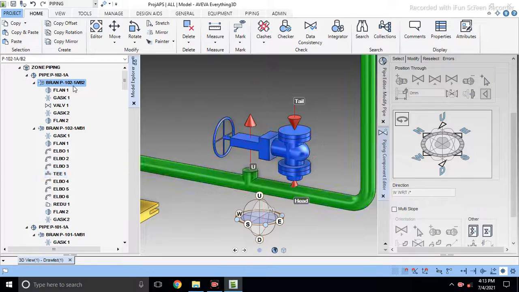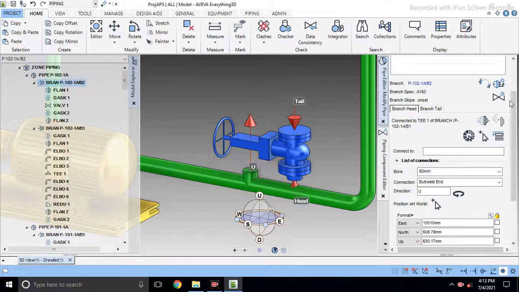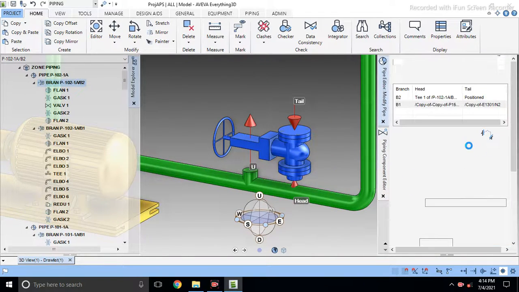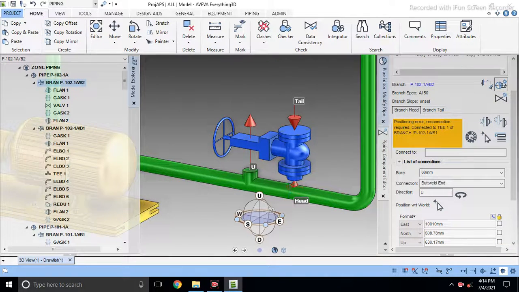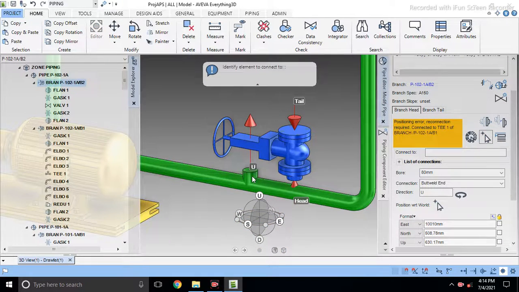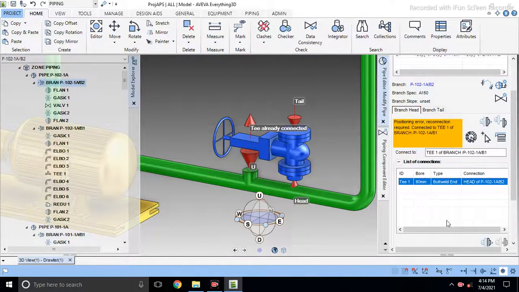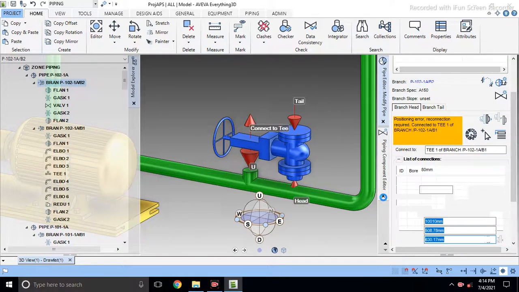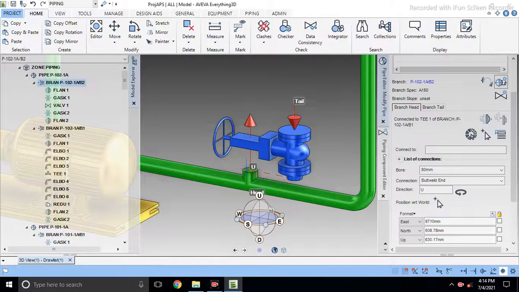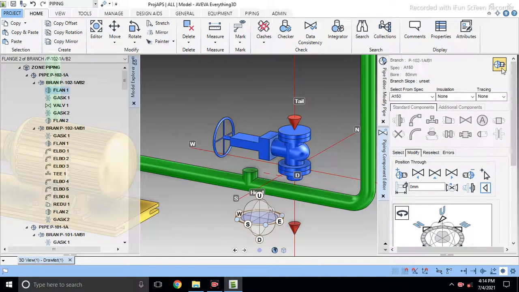So what I will do, I just select this branch, go to the editor, now I select B2, so now the head should be connected to this one. So I will just select this point, select T, the head will come there, select okay. This point came here. So now I'll just select flange, go to modify,